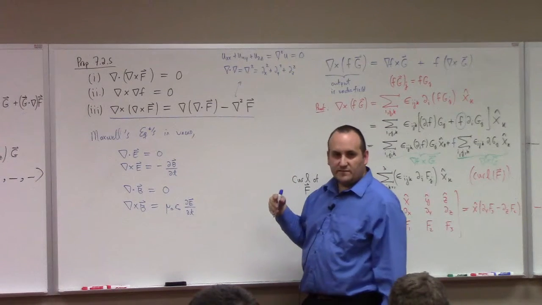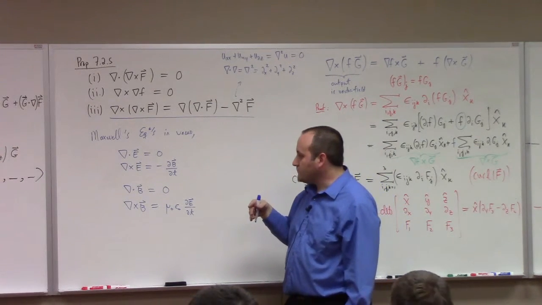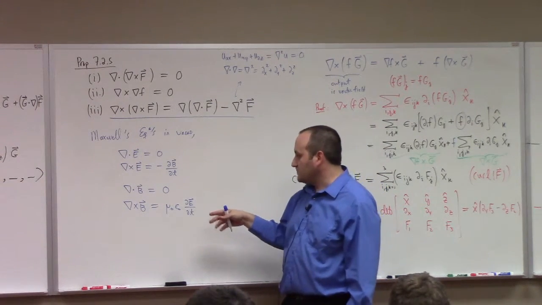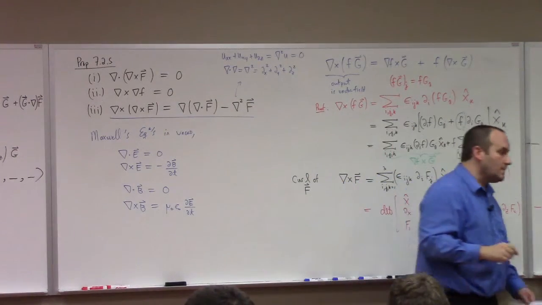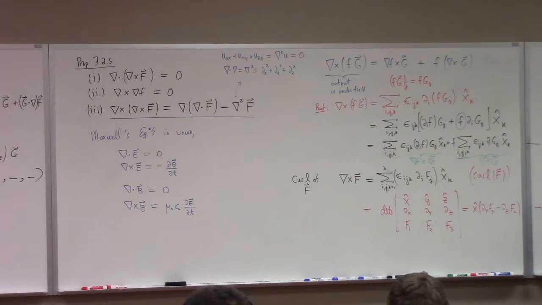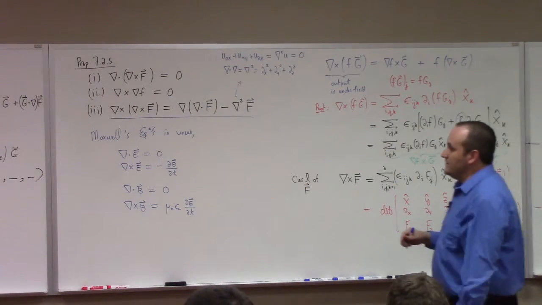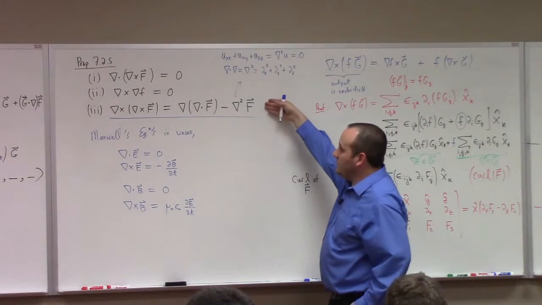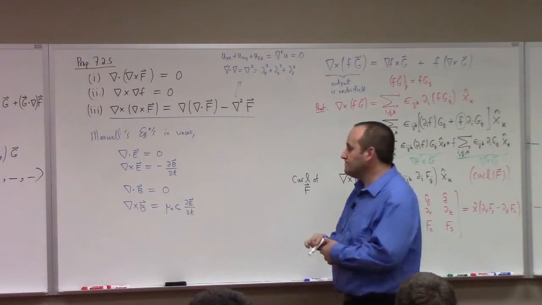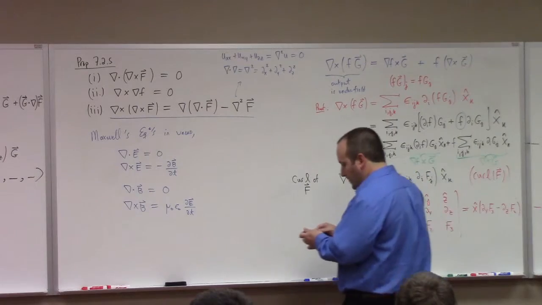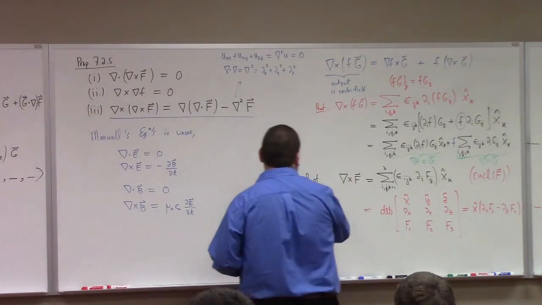Like electrostatics or magnetostatics, which is something you study in Physics 232. Anyway, these are Maxwell's equations. So it's fun to look at the third identity and see what this says about the electric and magnetic fields. All right? So that's one of the reasons, of course, we study